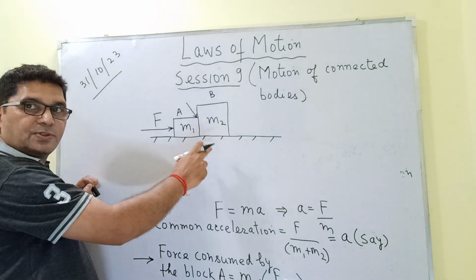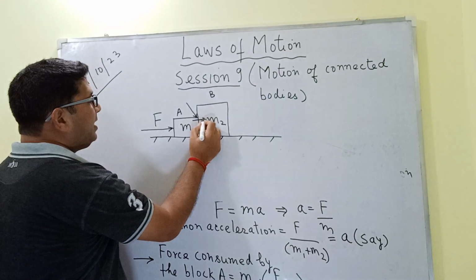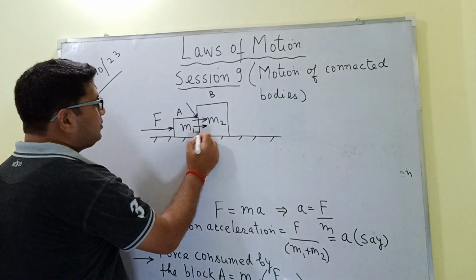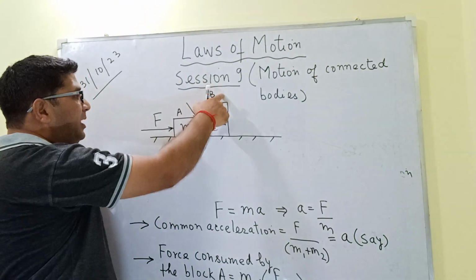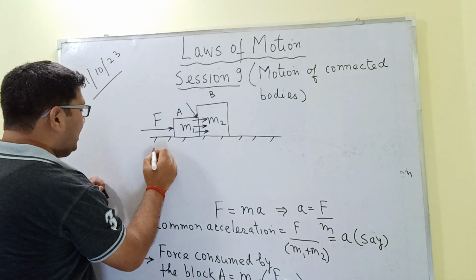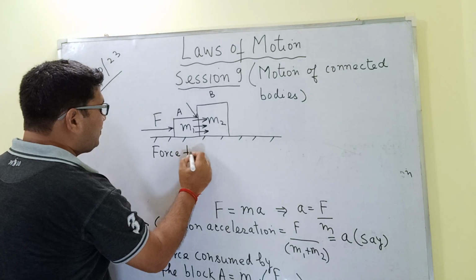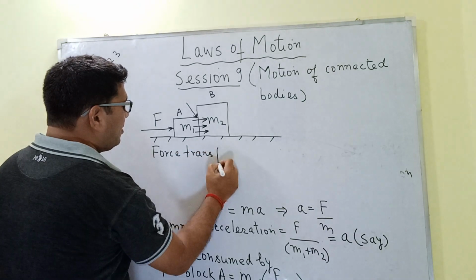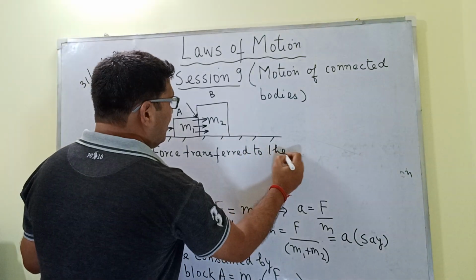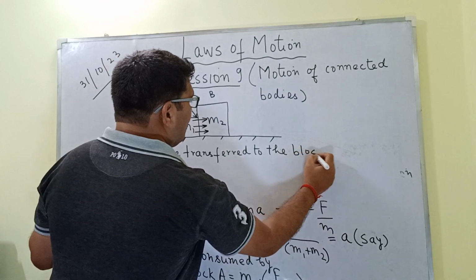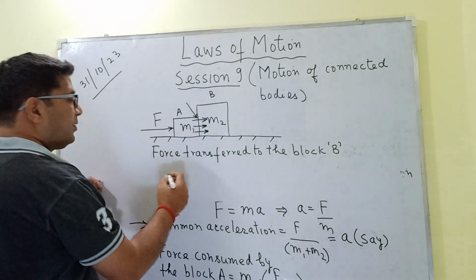So the remaining force will be transferred through this contact surface to the block B having a mass m2. So we can write here the force transferred to the block B through this contact surface